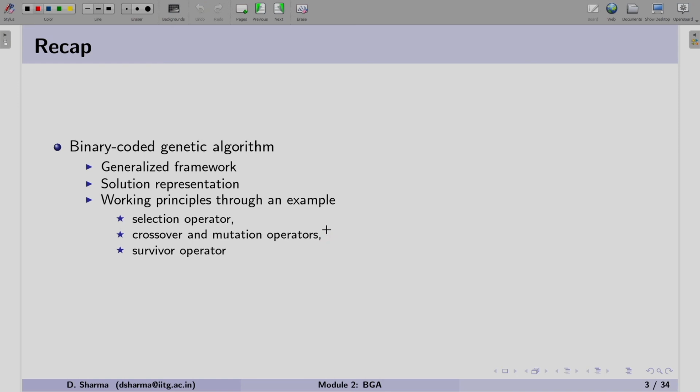Afterwards, since the crossover and mutation operators generated a population which we refer to as the offspring population, and we also started with the parent population, so we have two populations, parent and offspring, and we selected the best solutions from them.